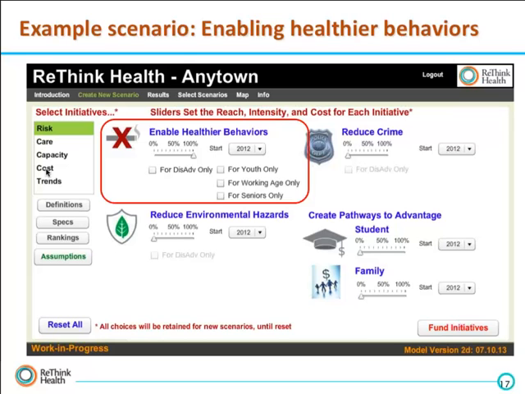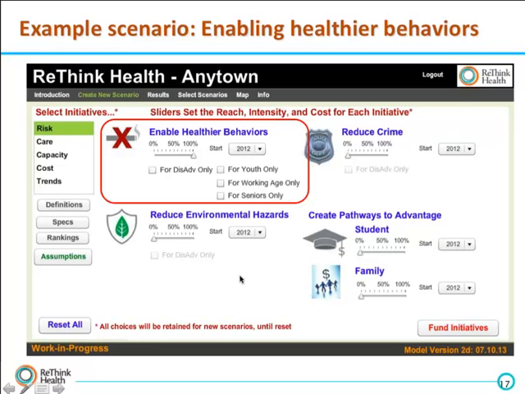We're going to say, well, let's not target it. Realizing that trying to improve people's health-related behaviors is a big project, we're really going to focus on that and do a great job of it for everybody in our community. So we're going to turn this up to 100%, start in the year 2012,